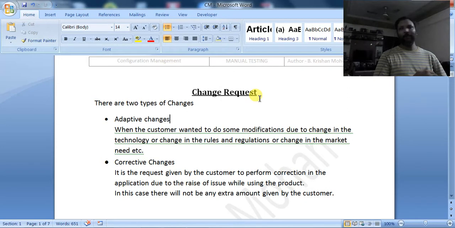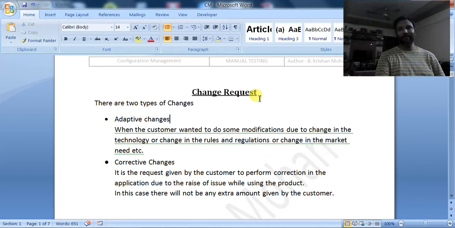you have delivered the product and the customer is using that product. While using that product, he got some issue. Issue in the sense he has got stuck somewhere, or it has stopped working, or there may be some error which was not detected during the development, and now the customer has detected it. In that case, he has to request a modification in the code. So defect fixation has to be done.